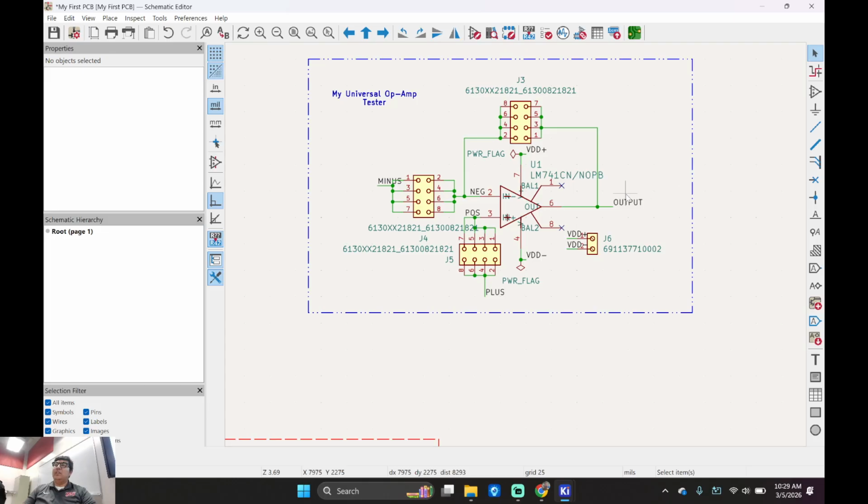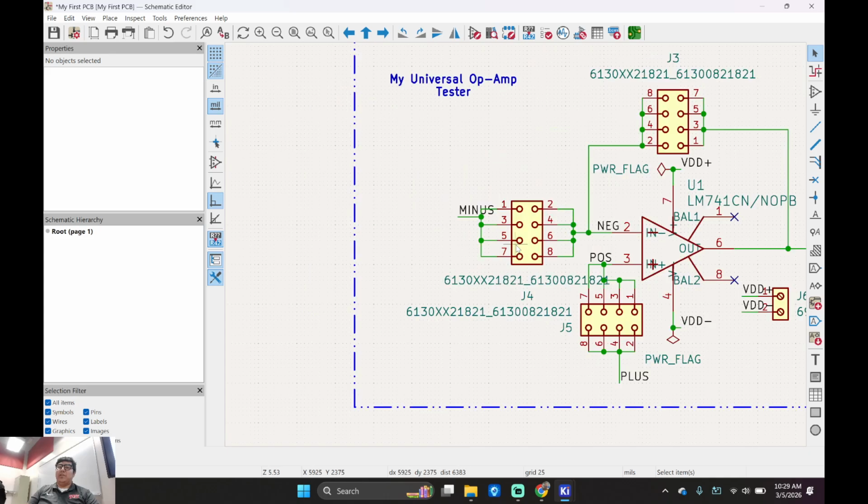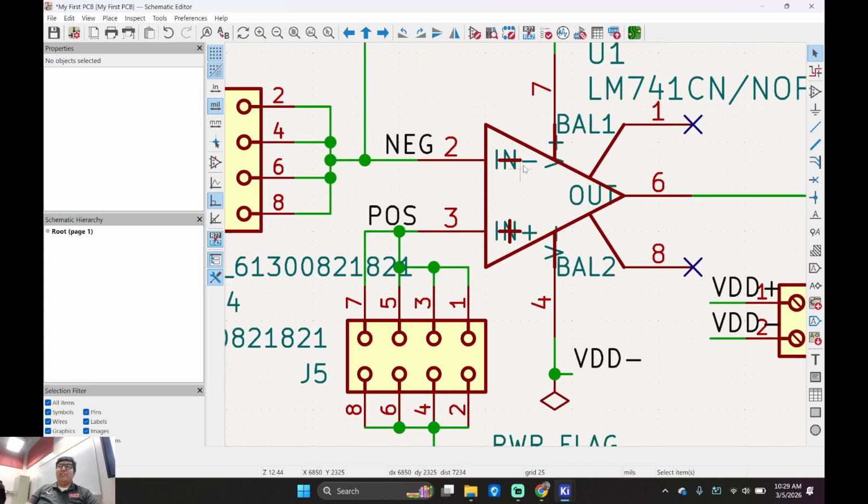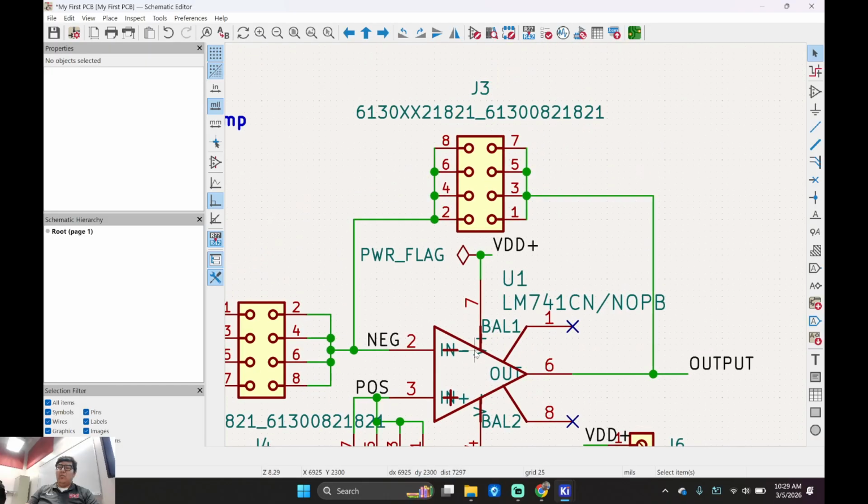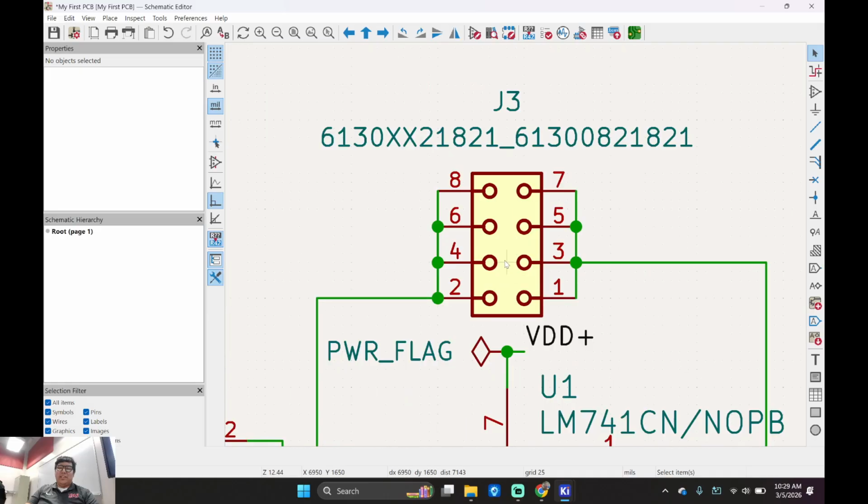Is that cool? So is everyone understanding what I'm doing with the schematic? Because I talked to my Monday labs about this. We have an op amp, right? What does an op amp need? Negative feedback. So here's my output feeding back to my negative terminal, right? To introduce that negative feedback, correct? What do I have right here?